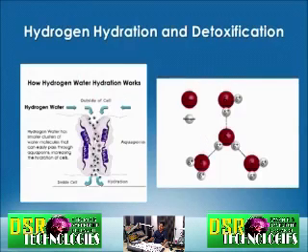Every cell contains aquaporins, which are the channels that let water in and out of the cell. This aquaporin channel is very narrow, and if the cluster of water is too large, it might not be able to get through the aquaporin to go inside the cell and to hydrate the cell fully.